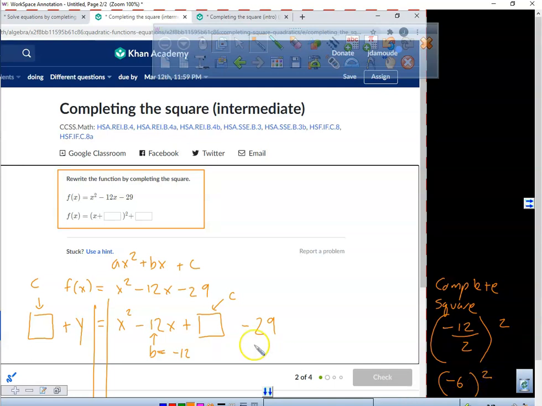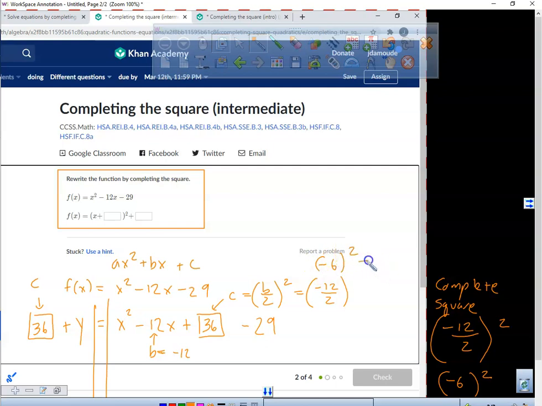A positive what? A positive 36. So whatever I do to one side of the equal sign, I have to do to the other. So I want to make sure everybody understands our C value. How did we find our C value? We took our B value, we divided it by 2, and we squared it. So in this particular case, we took negative 12 divided by 2, which ends up becoming a negative 6, and